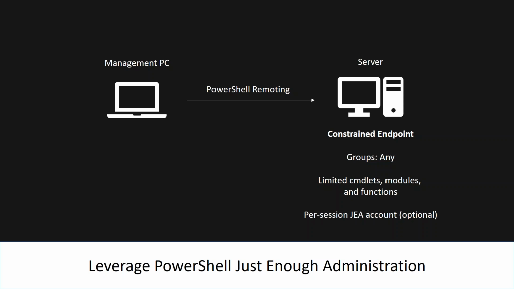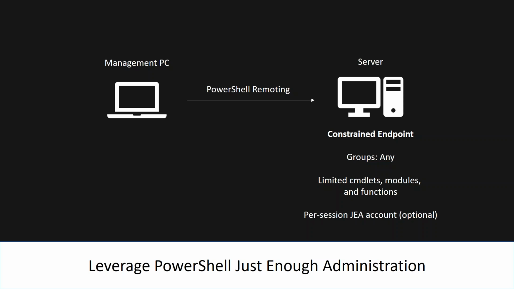Now that is connecting in what I would call the mode where whatever user account they connect to the remote server with, they have the same rights as the user account has on that box. Okay, but you can restrict it down, as I said before, like just one commandlet they can run or one module or whatever. But there's also another way that you can connect using PowerShell remoting, and you can use